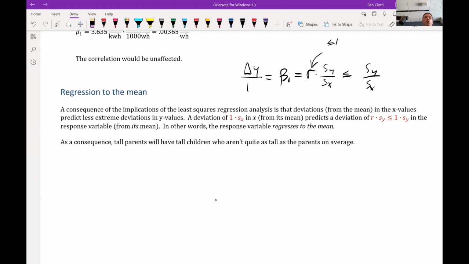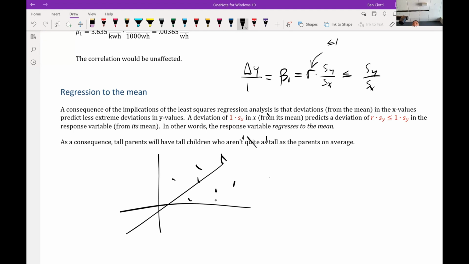And that's almost rarely the case. With almost any real world data set, you're going to have some variation around the regression line. It's not going to be a perfect line. So if you deviate 1 standard deviation from the mean in the x values, that will predict a deviation in the y values, but not by as much. In other words, the y values regressed to the mean on average. This is why. So as a consequence of this fact, tall parents have tall children who are, on average, not as tall as the